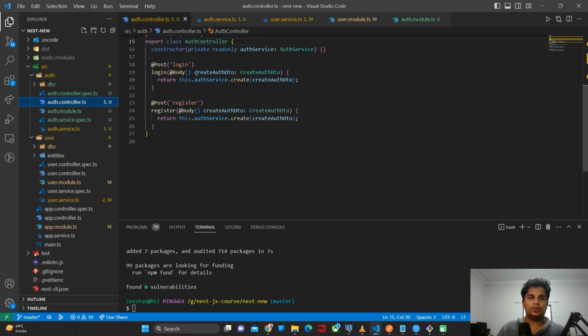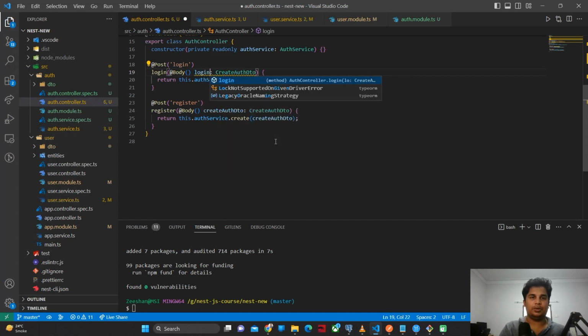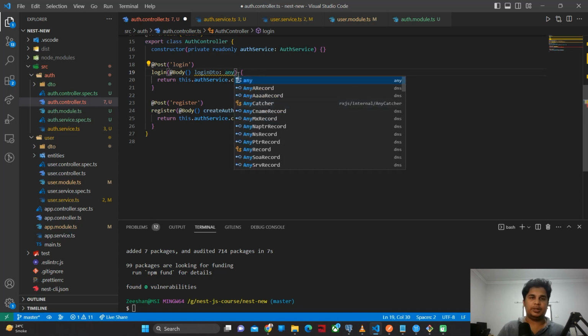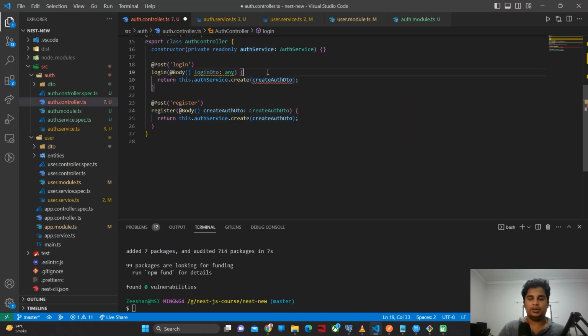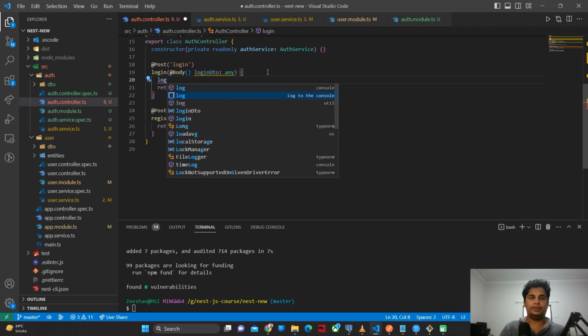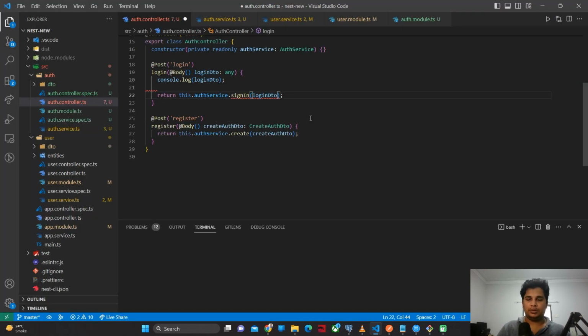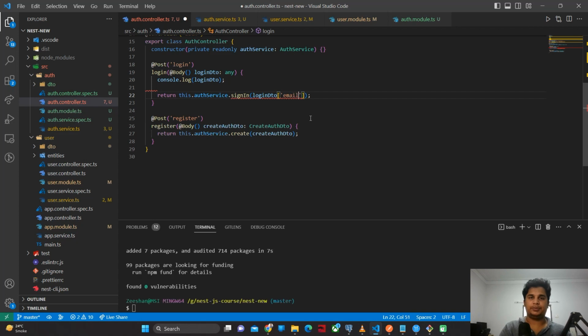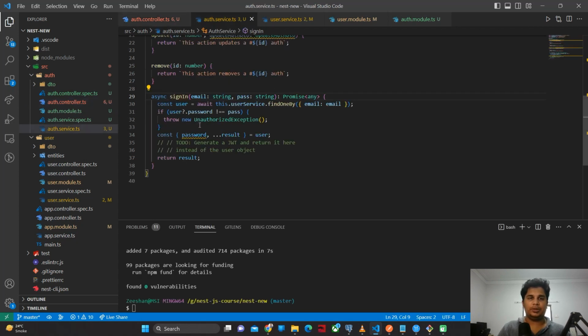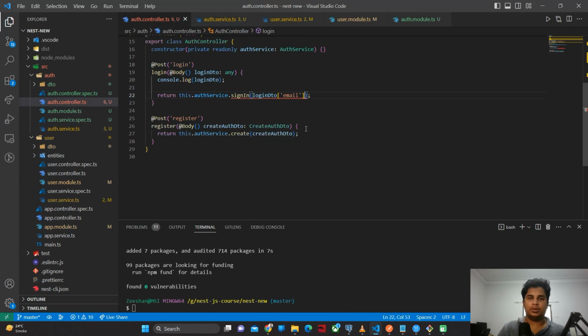So first of all, going to the controller, I will just change it to login DTO. Okay, and it would be any right now, as we are not using any DTOs right now. I will just log it down here for your reference, and login DTO here, and I will send this DTO to sign in. Okay, and login DTO email. Okay, so if you see, it requires email and password, so email and